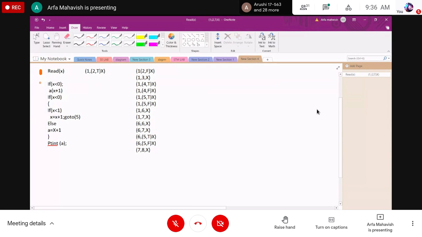First one, second one, third one, fourth, fifth, sixth, seventh, and the eighth. So in previous class we have seen about the isolation of data flow testing. We have discussed how we have generated this.